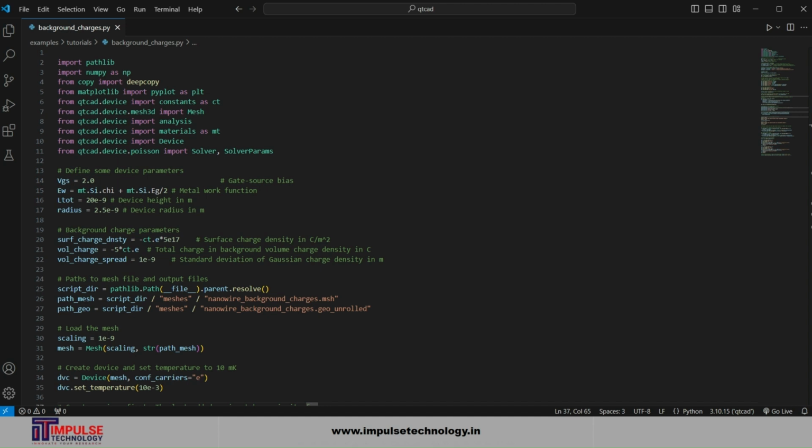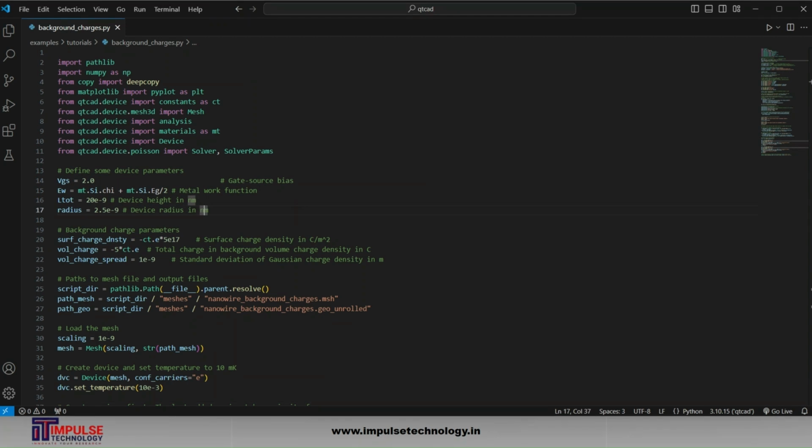After that, matplotlib pyplot for plotting graphs. From QTCAD device constants for physical constants used in the simulation, Mesh3D for handling 3D mesh data, QTCAD device analysis for analyzing simulation results, Material for defining material properties, Device for creating and managing device objects, and Poisson for solving the Poisson equation.